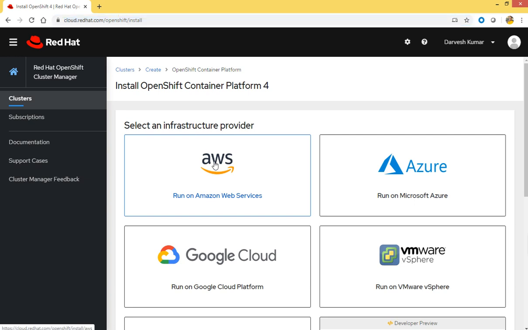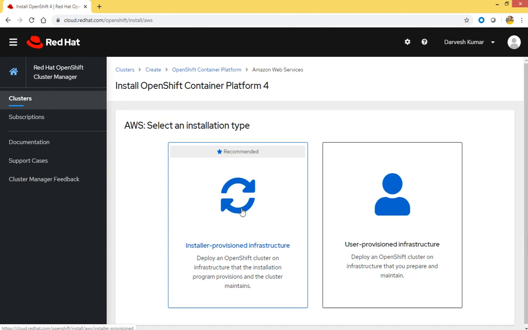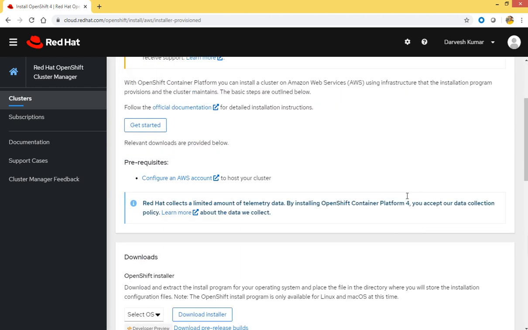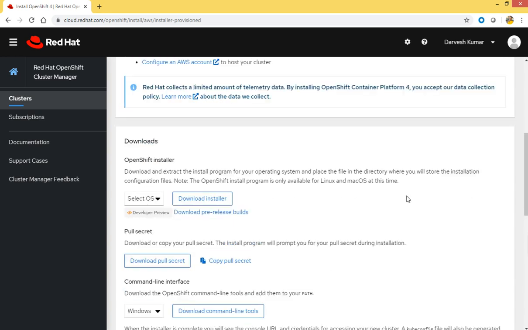Okay, so we are going to install OpenShift here on AWS. So let's select AWS. Then we will use installer provisioned infrastructure, not user provisioned, right? So we will select this one. Okay, from here we will see the pull secret, right?